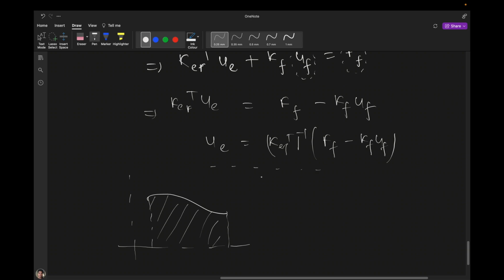So the Gaussian quadrature says you can find the area of this part by using two Gaussian points, such that